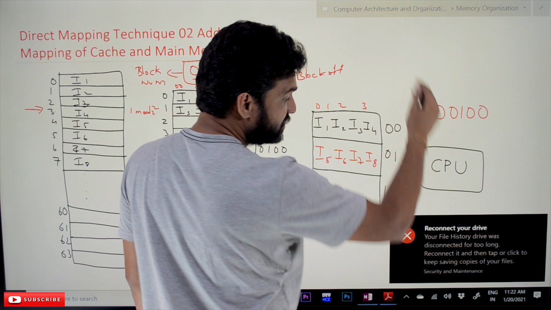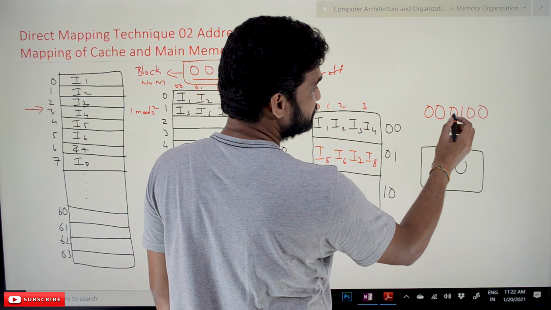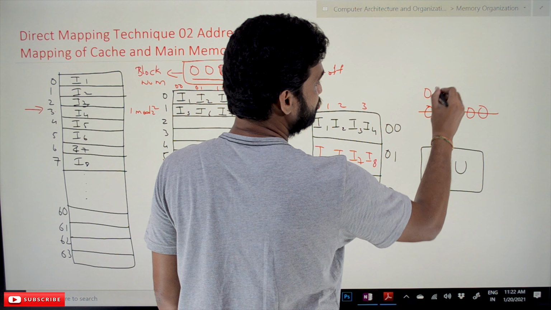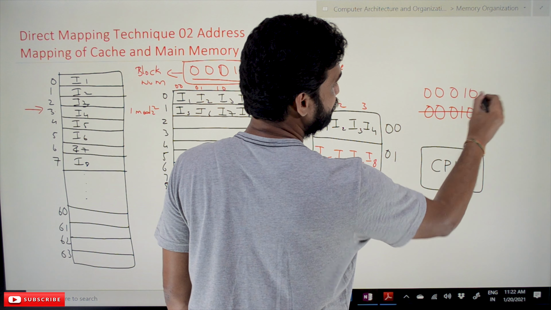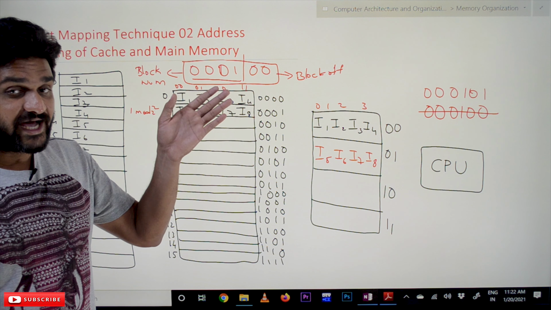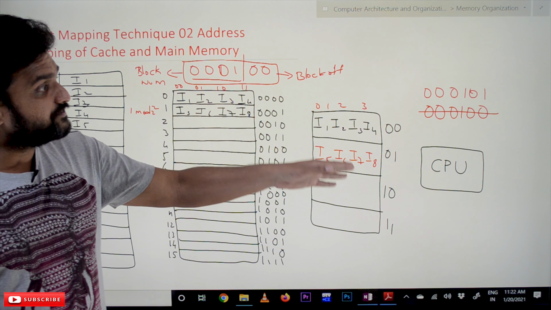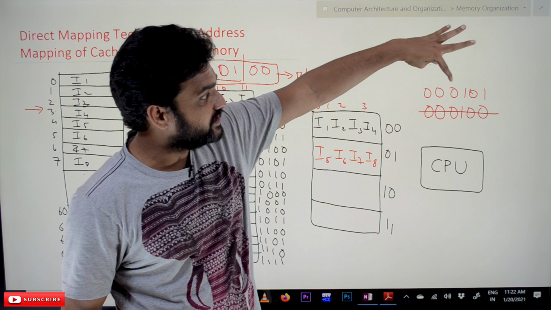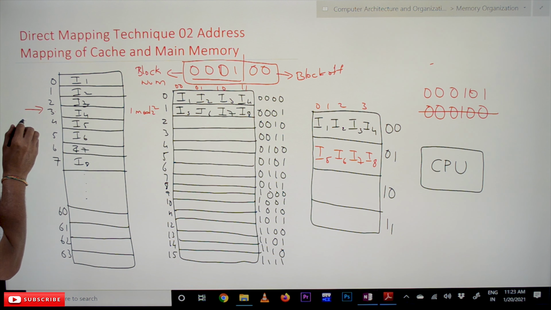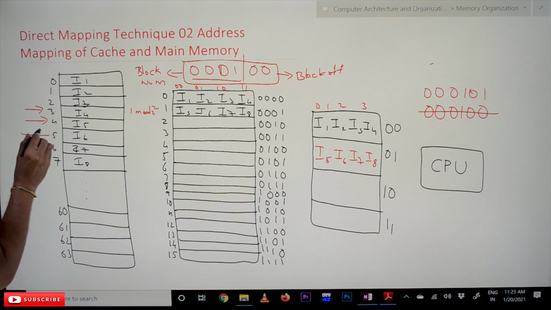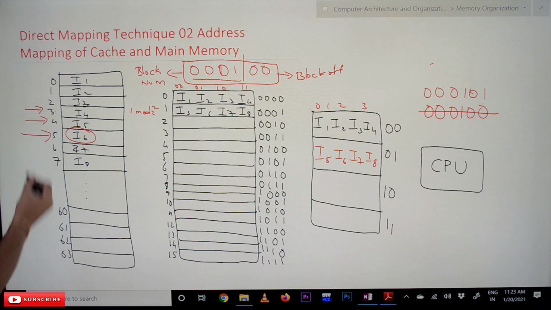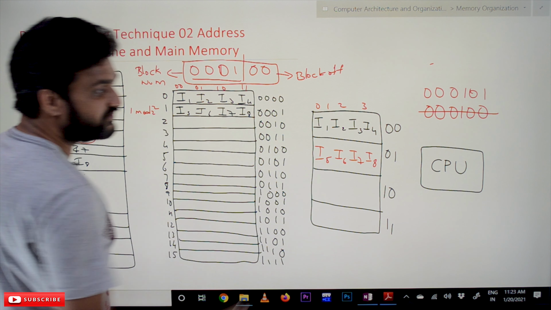In that process, in the fetching and all that, what is the value that will get stored onto the PC? The value that will get stored onto the program counter is 101, because the address of the next instruction to be executed on the CPU is 000101. As we are executing the 5th instruction, in the fifth address of the memory, instruction 6 is located. After I5, I6 will get executed.